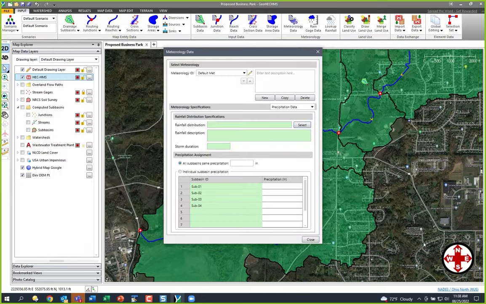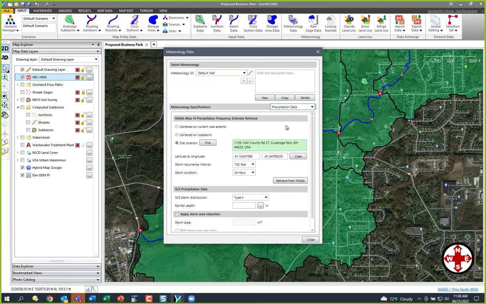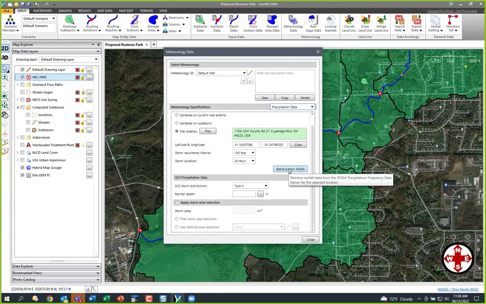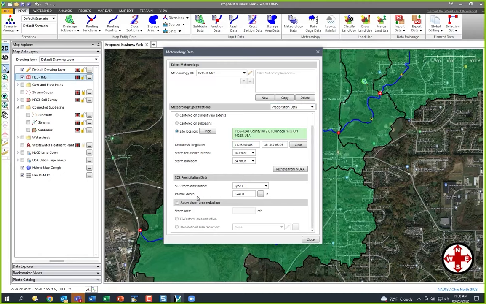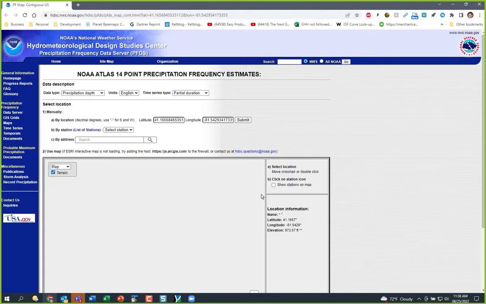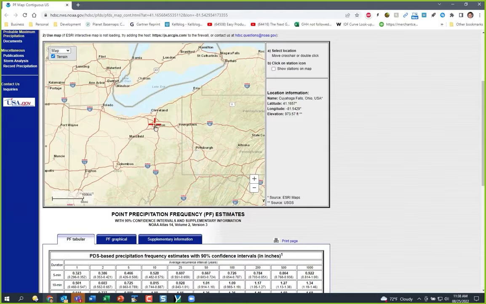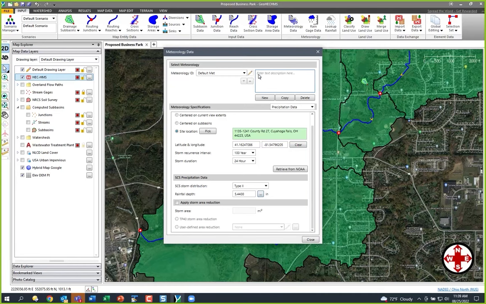I don't know if Butte would have it, but let's just choose the SCS method. So we'll choose SCS storm, and we'll say precipitation data, and we'll just say this location here. Now here it's going to grab it from Atlas 14. In your case, it's still grabbing from Atlas 2. Anyways, in this case, it's grabbing that right off the web page. So we're pulling that off their NOAA server. Give it a second here. You can see it's grabbing this and grabbing this table down here. Unfortunately, it doesn't support Montana yet, but hopefully soon.